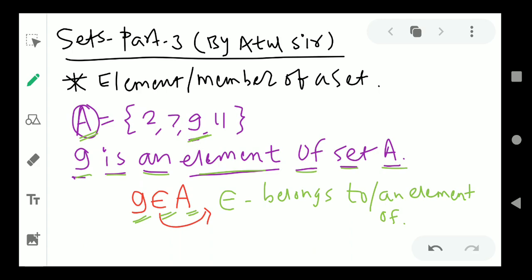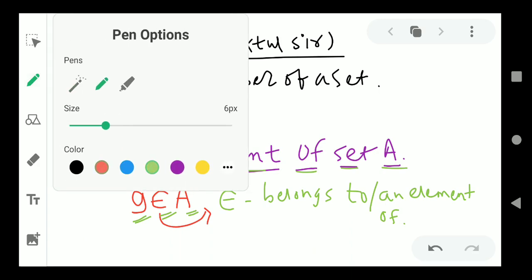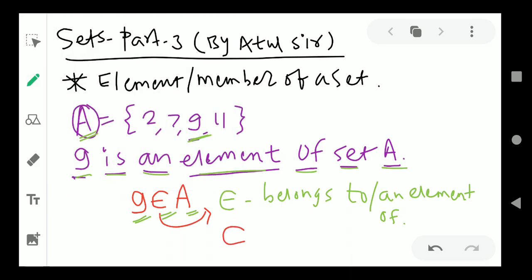Again, we can see here this sign alternatively can be written like this. Here we have struck out the sign belongs to, but struck out means does not belong to. It means if the given element is not part of the given set, then we use this sign to denote that the element is not part of the given set or it does not belong to. We can write it does not belong to.